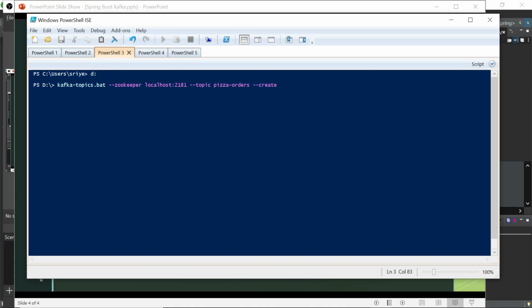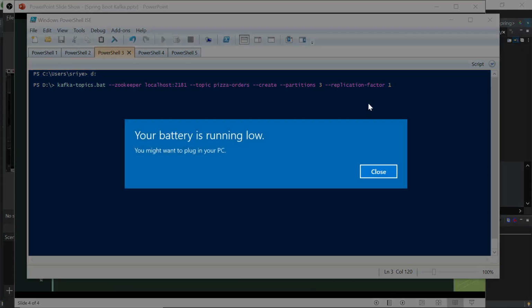This is the Zookeeper. Then we'll have to specify the number of partitions. Okay, we will go into some depth about what partitions are all about, but for now, let's just leave it at 1. Let us just leave it at 3, and we will have the replication factor as 1. Replication factor essentially means how many copies of some topic will exist within a cluster, and partitions means how many different shards would hold that topic.